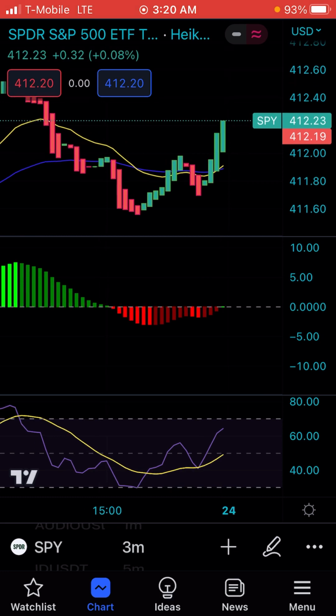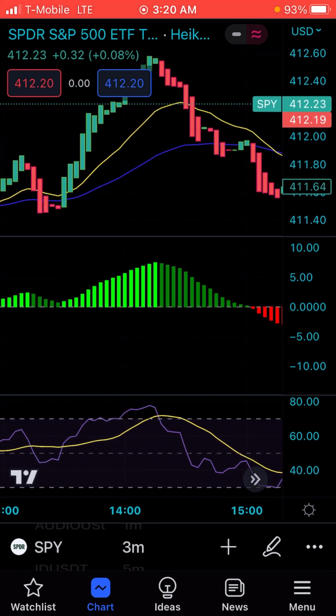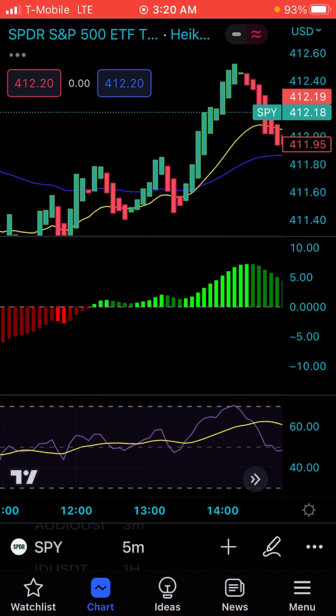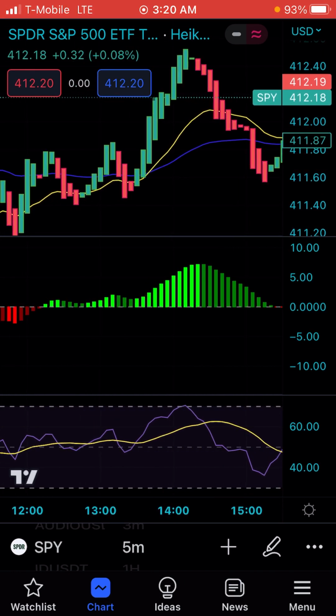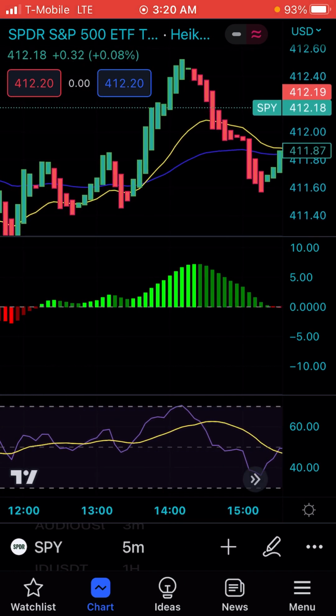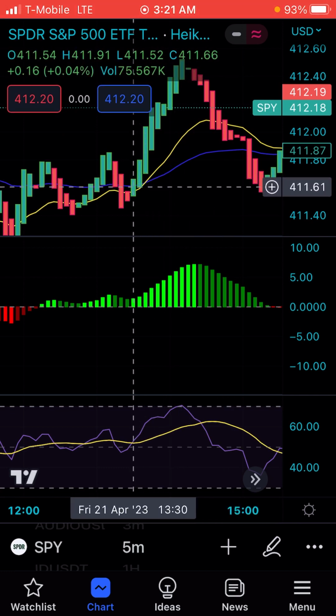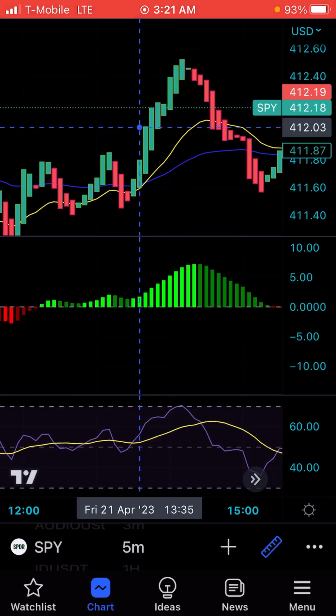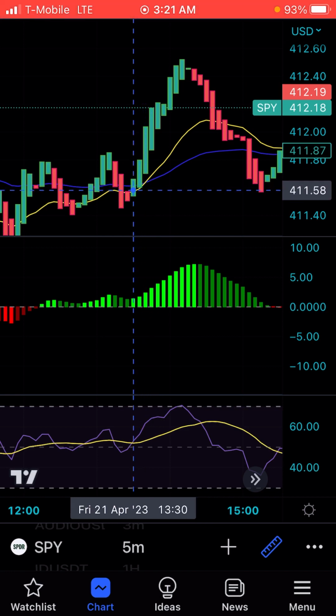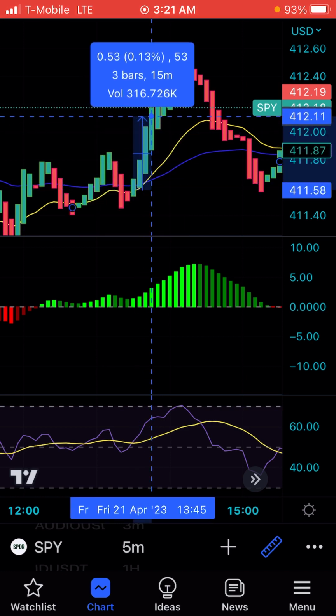So what I want to do today is see if it works pretty well with the stock market. Let's go with the 5 minute here and do a couple of examples. The first thing we see is it crossing right here. What we can notice from the 20/25 below is the little light green here. So this could possibly be a good chance of getting a quick scalp. If you come in here and ride it out to the top,